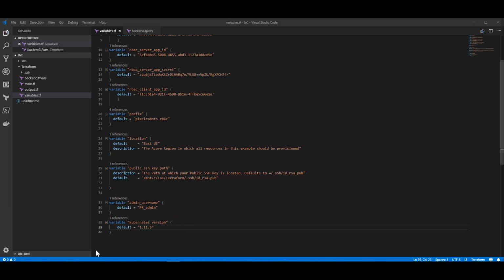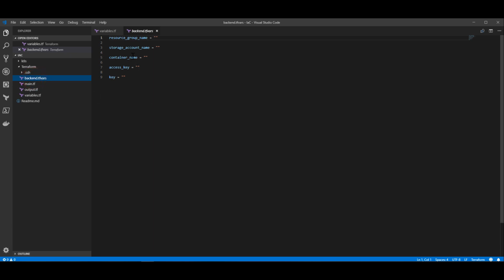Now it's time to configure the backend.tf vars file. To do that, if you're using VS Code, we just open the file, and if you've pulled it down from my Git repo, you'll see some values already in there. What we're going to do here is from the storage account we created in the prerequisites, we're going to fill in this information. So in my notepad file from before, my resource group name is